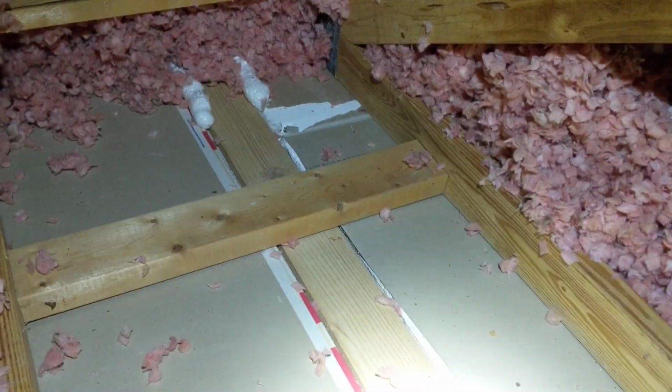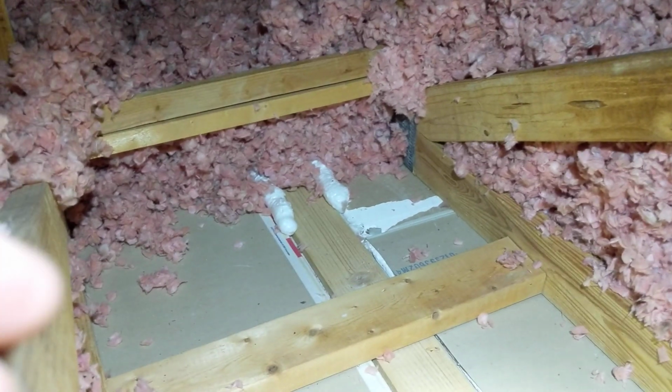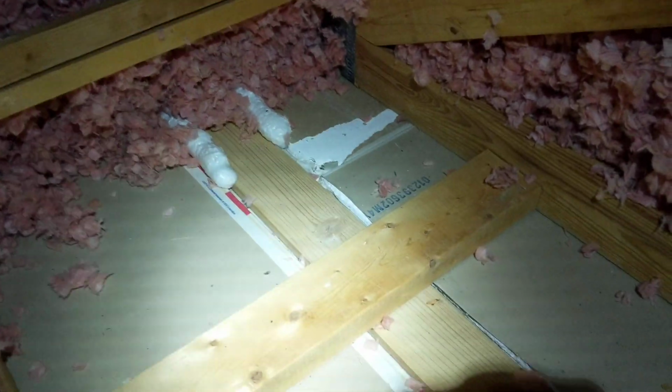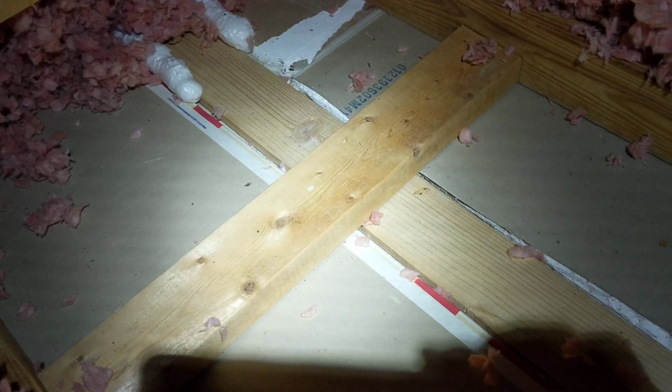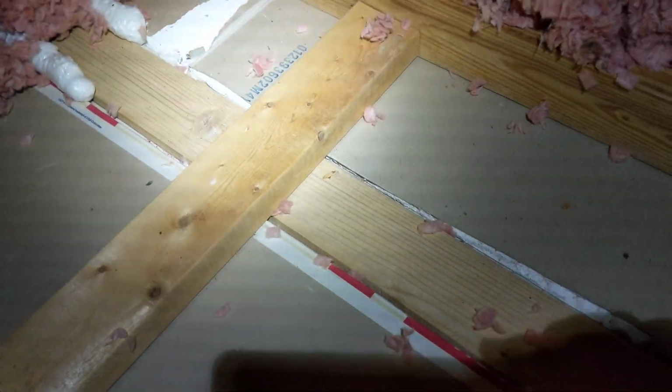So what I'm looking at when I'm air sealing is right here, a spot where I've pulled back the insulation, and you can see there's some foam over there that's ended. So what I'm trying to do is every single one of these gaps is letting cold air sink down into the house. And these are the top plates for the walls in the house. So I'm taking some foam and spraying basically every gap or crack that I can find, and trying to seal